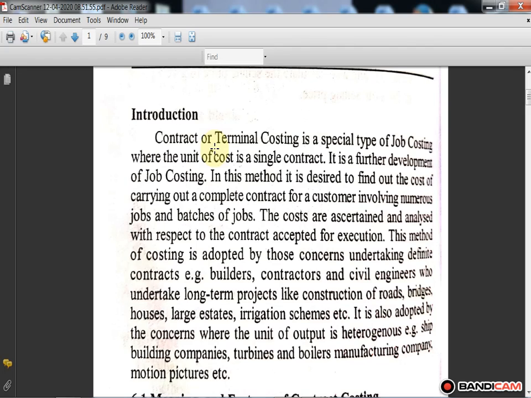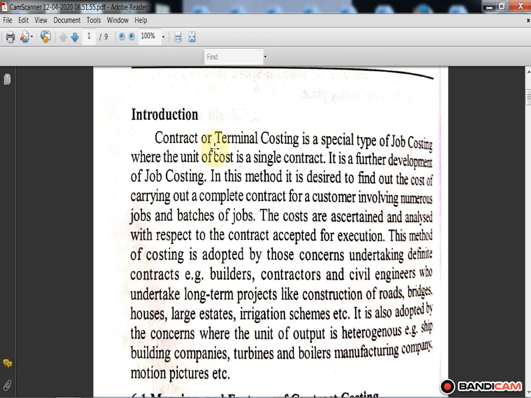So here, contract costing is also known as terminal costing. It is a special type of job costing and it is further developed from job costing. Contract costing is a method to find out the cost of jobs and batches of jobs. The contract cost is ascertained and analyzed for the contract accepted for execution. Contract costing is adopted by those concerns undertaking contracts, for example,